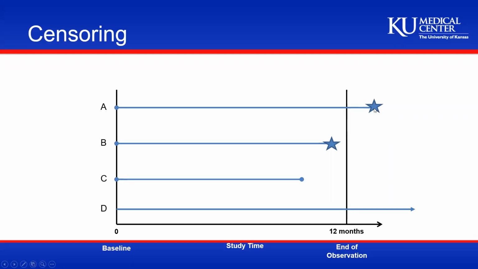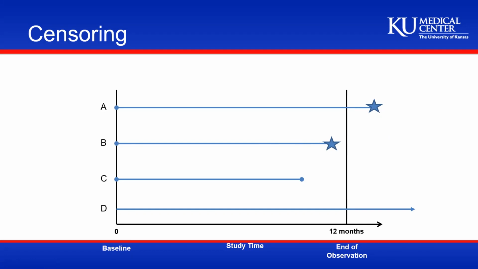It's outside the study window. I don't know that the event at the STAR actually happened. Participant B, I was able to observe them have the event, and it was around 11.5 months. So I record their survival time of 11.5 months, and I also record in the binary outcome that they did